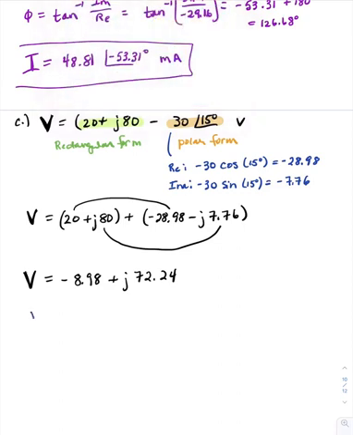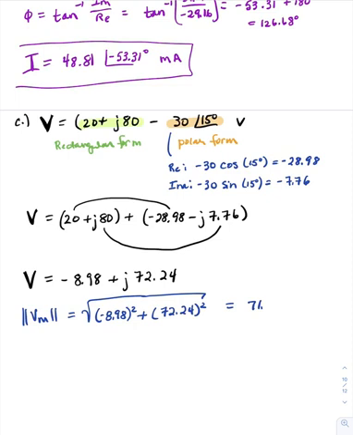So the magnitude of the voltage is equal to the square root of minus 8.98 squared plus 72.24 squared. All right, minus 8.98 squared plus 72.24 squared, and the square root of that would give us 71.68, and phi is equal to the inverse tangent of the imaginary part over the real part, which is equal to